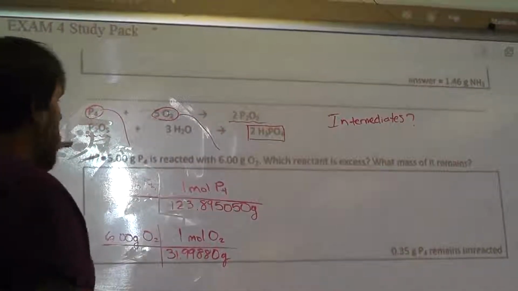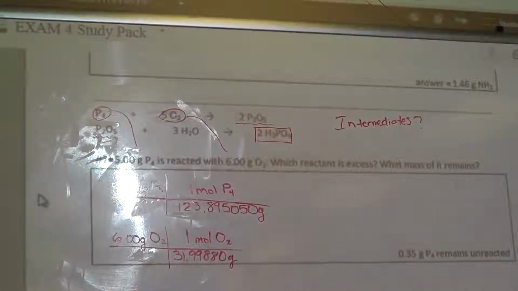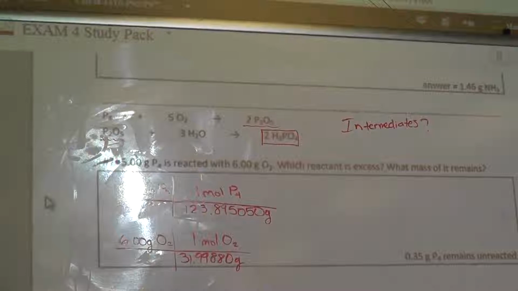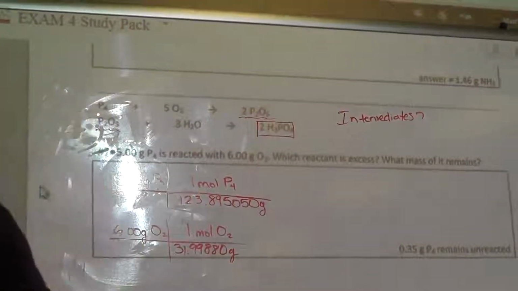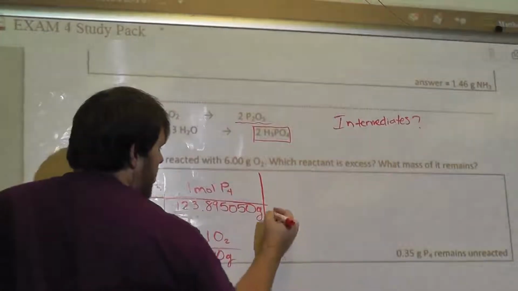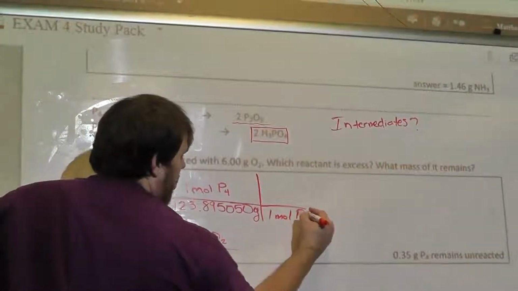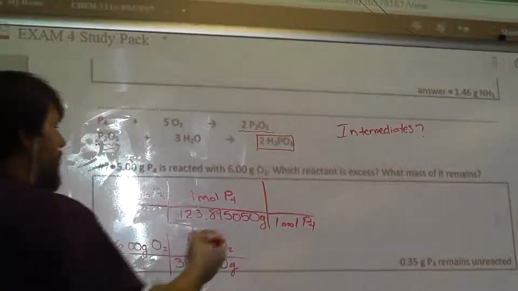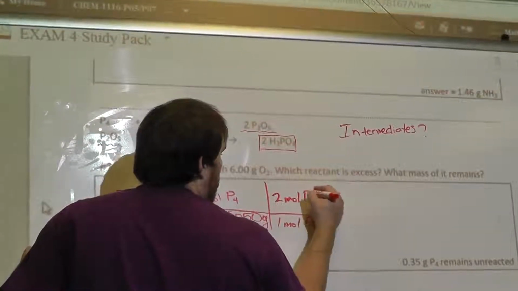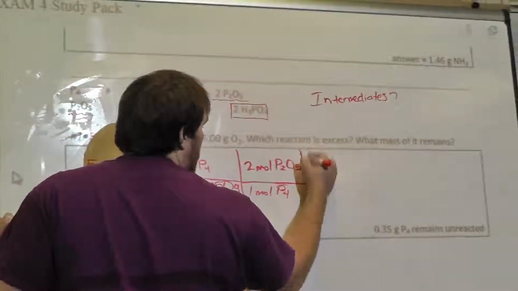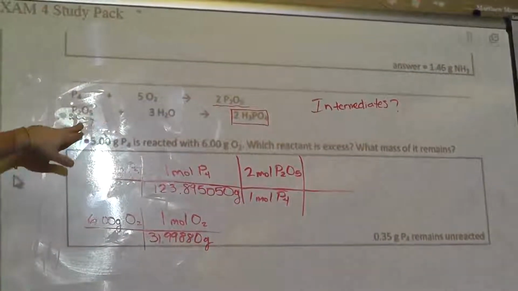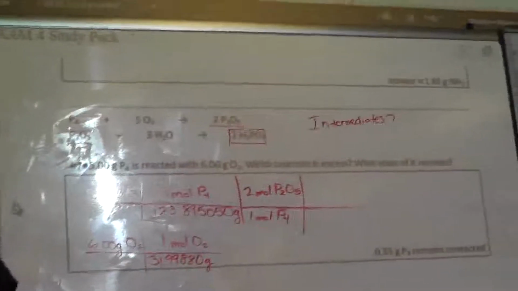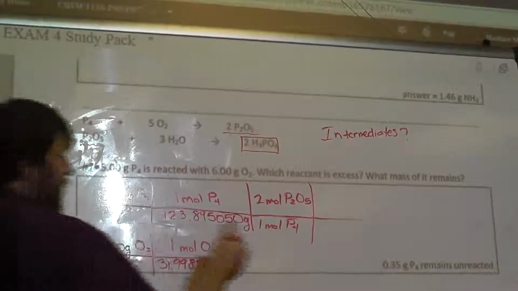So then we want to start working through our balanced chemical equations now. For the P4, you're starting off here. No coefficient, so it's understood that the coefficient is 1. For every 1 mole of P4, what's your coefficient on your intermediate, your P2O5? 2. So you're going to have 2 moles of your P2O5. What that automatically does is drop us down to this next point, and we have to immediately put in the coefficient for that. So what is that? 1. So 1 mole